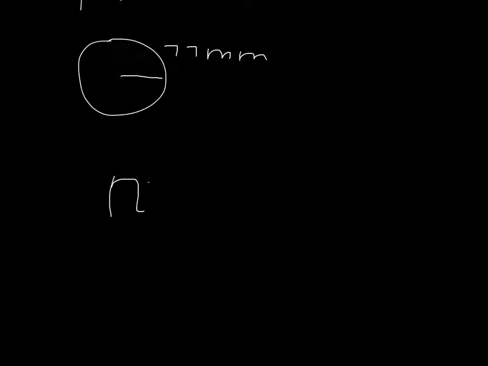Okay, so if you have a question that looks like that, and they say that is 77 millimeters, I want you to show me what you're doing in your calculator. So I want you to go pi, what is your radius? 77 squared, and then equals, and your answer there will be, and then they always tell you, they're very good with these ones about the decimal places. So if this one says keep it to 2 decimal places, your answer is like